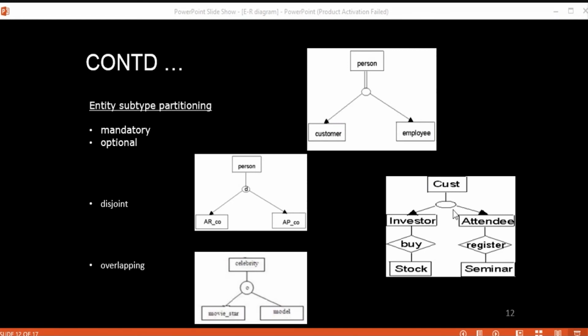For example, customer is represented here as investor and attendee, so that is the optional relationship which is indicated by this, and this is the mandatory relationship.